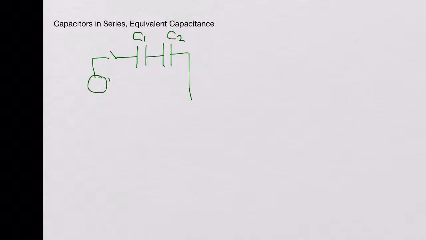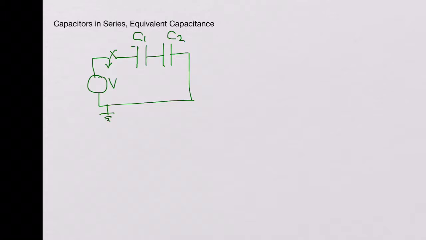Welcome to Know-How. In this video, we will look at capacitors in series and what the equivalent capacitance would be. So let's take two capacitors, C1 and C2, that are connected in series. This is C1 and C2. Now let's short them across a voltage source V and complete the circuit here. So now once the switch is closed,